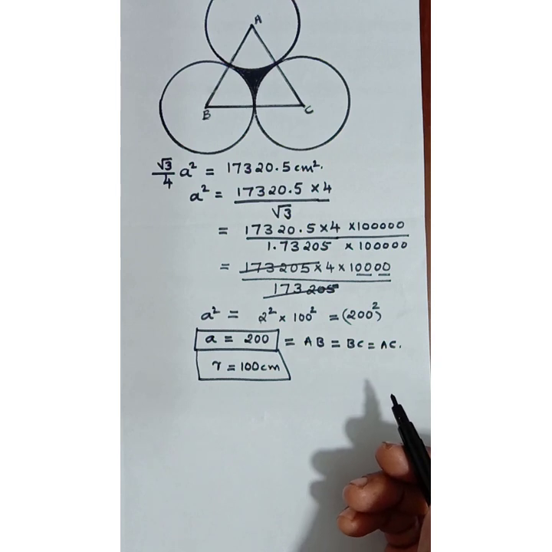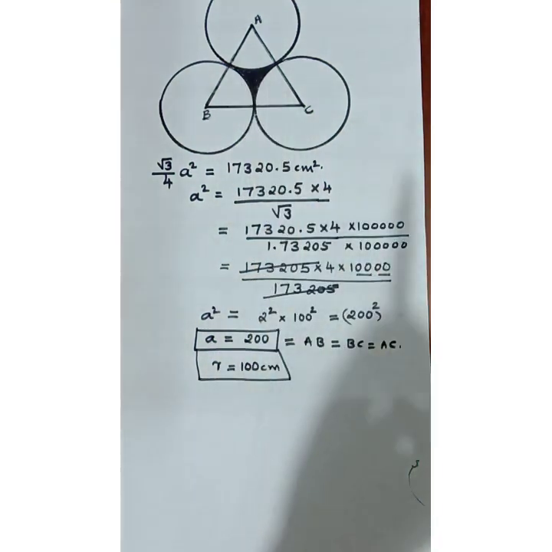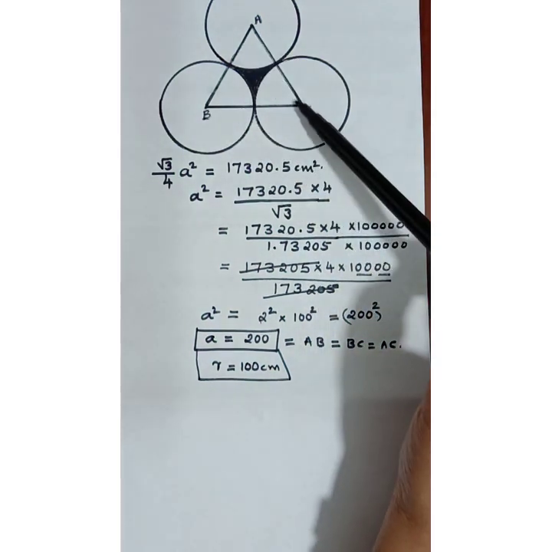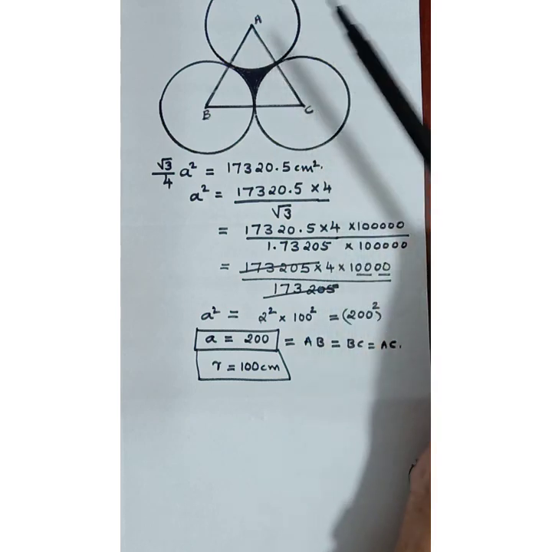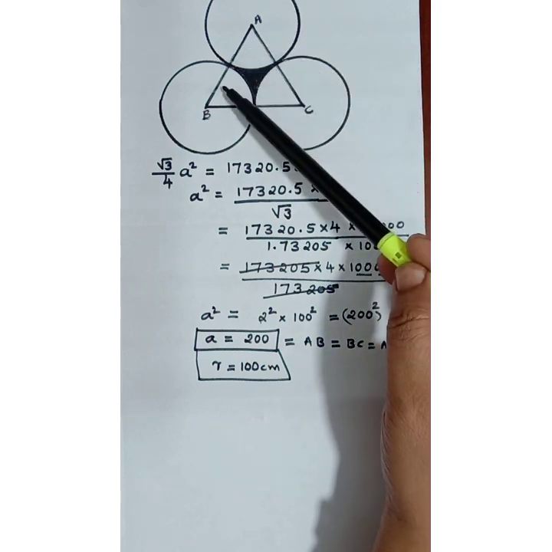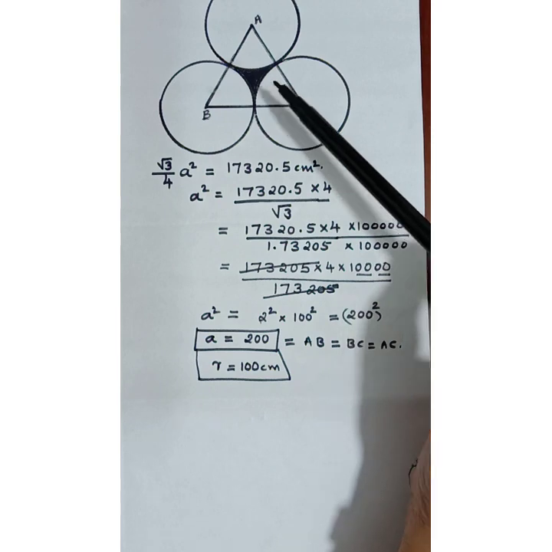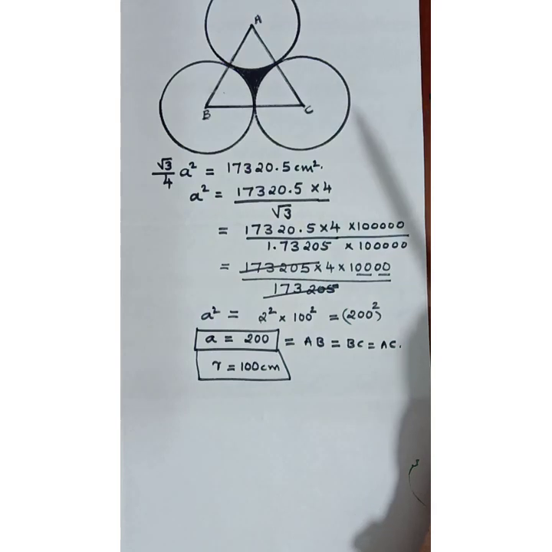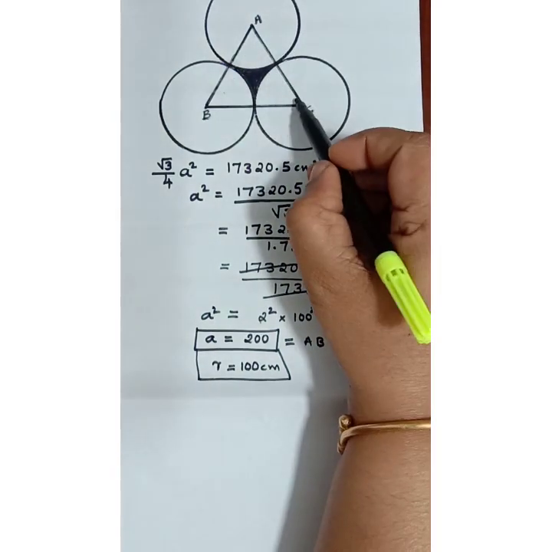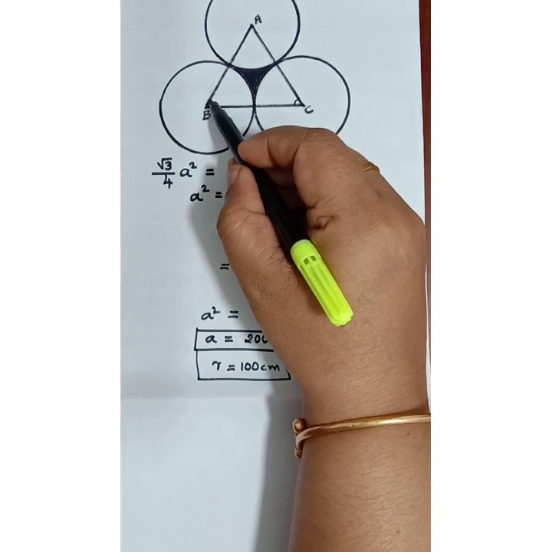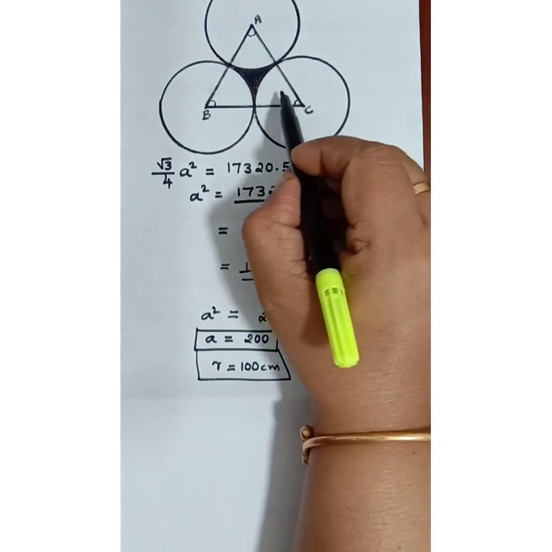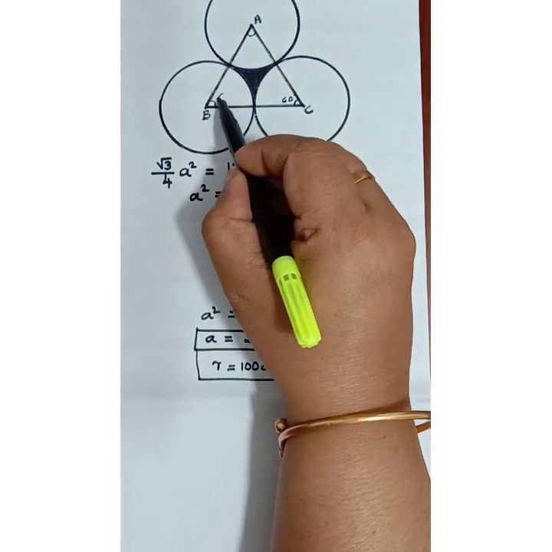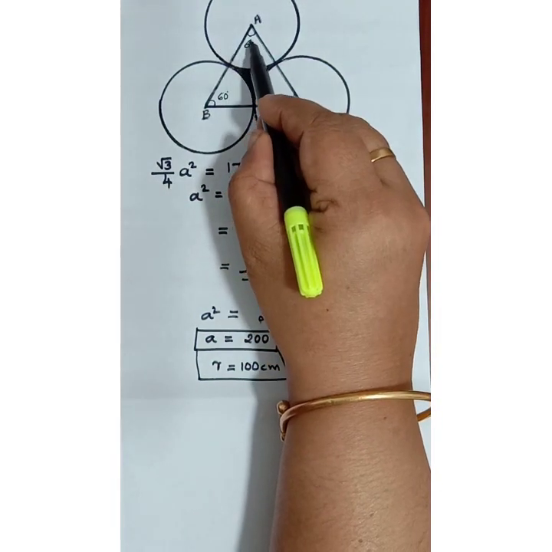What is the use of radius here? We have to find out area of this shaded region. What is it actually? We have to see the triangle ABC, equilateral triangle ABC, from which we have to subtract these 3 sectors. This unshaded portion we have to subtract. It is not quarter. This sector is having angle 60 degree. Why is it so? It's an equilateral triangle. So each angle is 60 degree. Here also it is 60 degree.